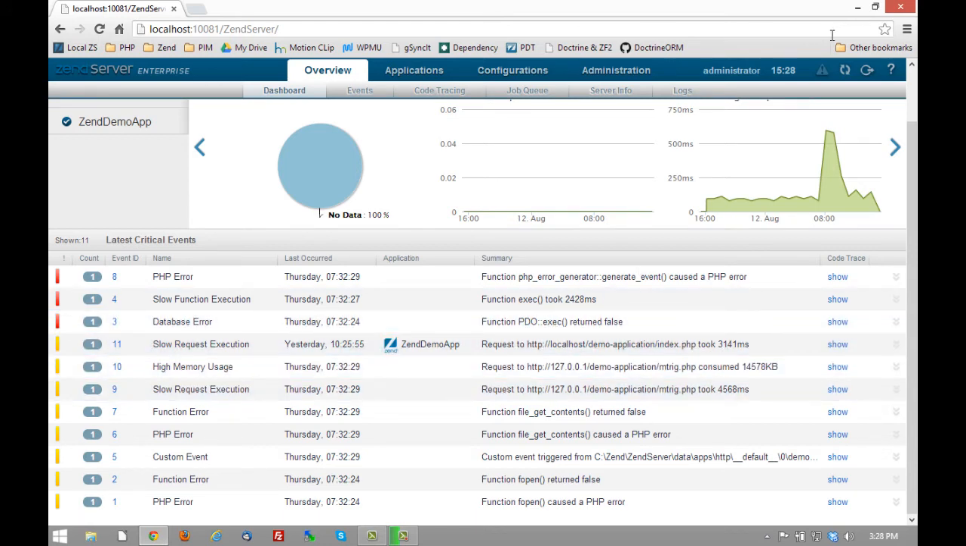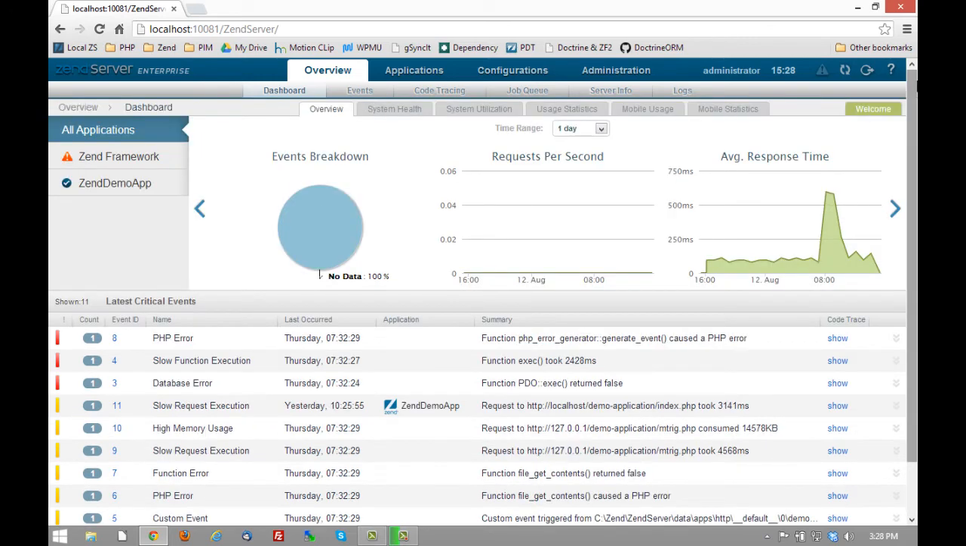It was a slow request execution event that helped me very quickly get pointed to the problem, and just a little bit of code allowed me to set a maximum size for those images that could be uploaded. So